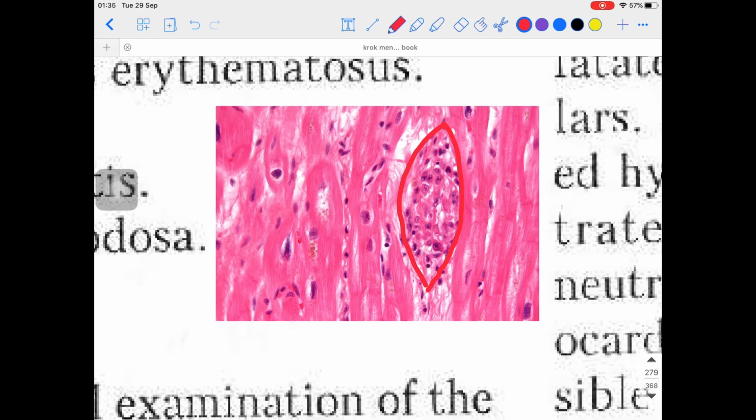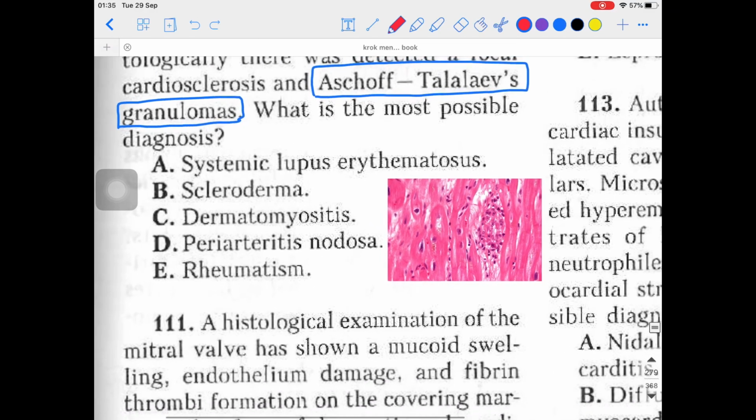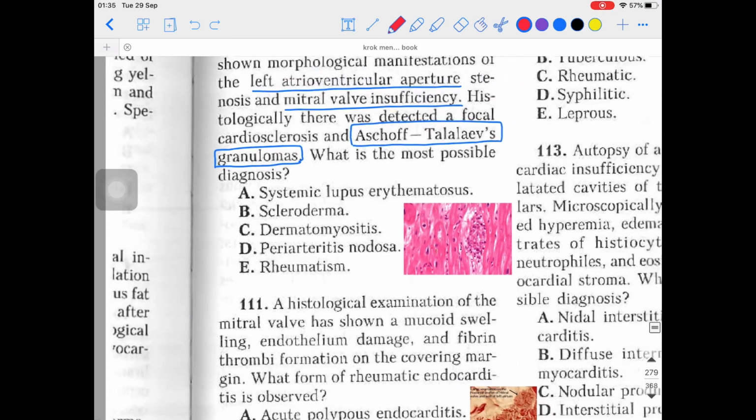These are the granulomas, right? These are the granulomas containing various kinds of cells, and a typical appearance of the nucleus inside them, which have the caterpillar nuclei inside them. So they will have this kind of appearance, which is present right now on your screen. Okay, so these are the Aschoff bodies found in the rheumatic myocarditis, so please remember that.